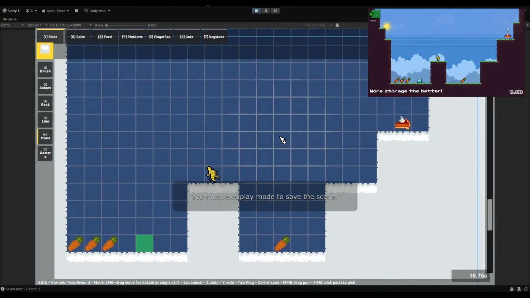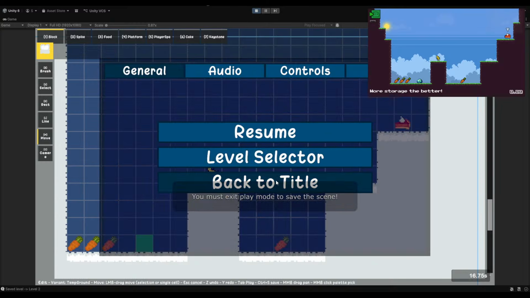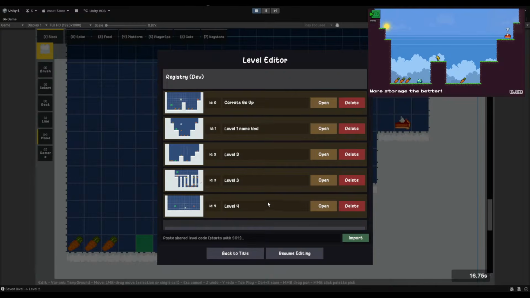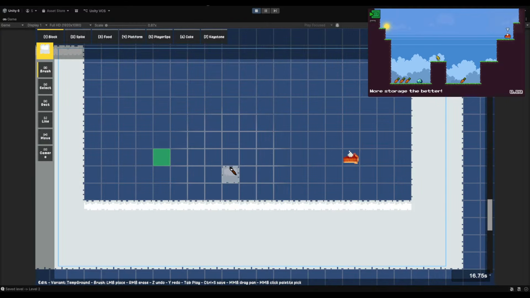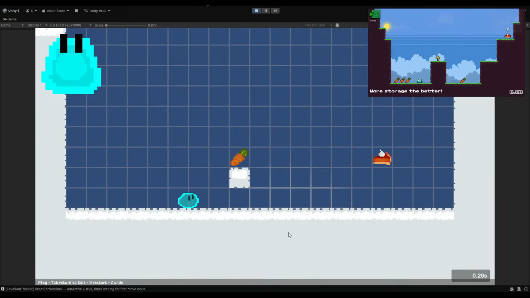Let's save this level, and let's make a new level because I wanna talk about this painful design process that should have been easy, but it actually was a lot harder than I expected. So let's take a 1x1 and let's put a food there. No, just a very simple 1x1.